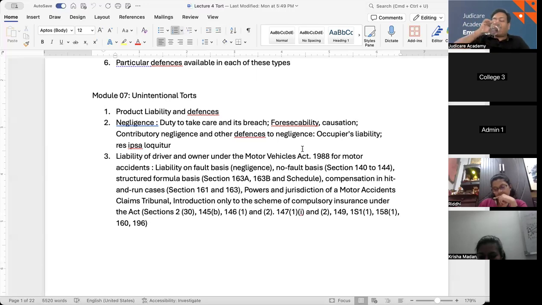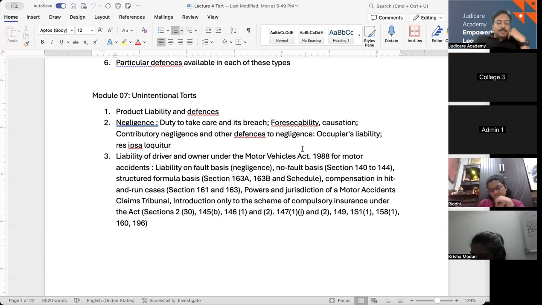or a big merchandise shop, they always keep a signage there, caution wet floor. Why do they invest that money in that? This is why. Because it's occupier's liability: the person who holds the property, owns it, manages it, occupies it, is legally responsible for injuries sustained by visitors due to dangerous conditions on their premises. And that is why they are putting all those signages every time. That is not their will. Otherwise, nobody would have bought that.